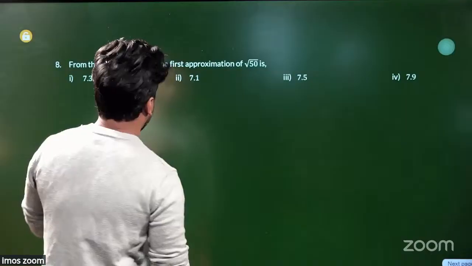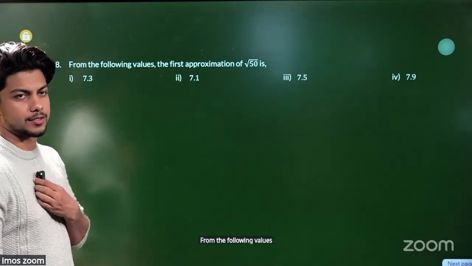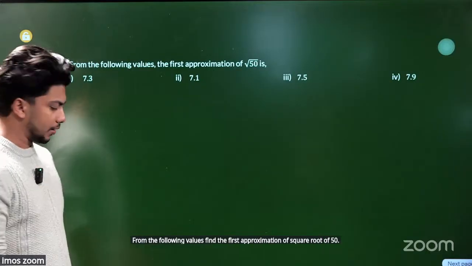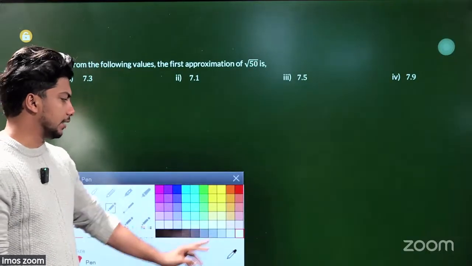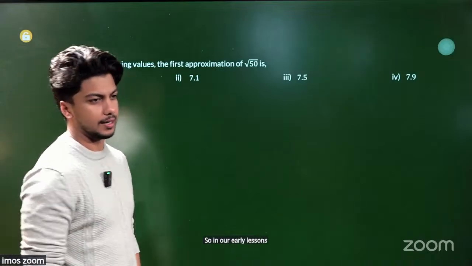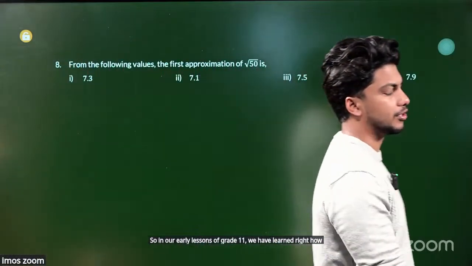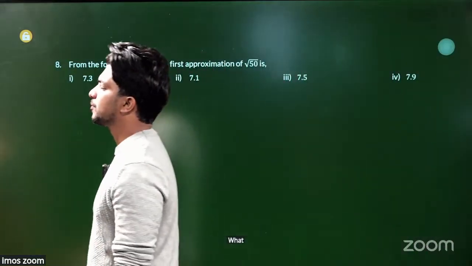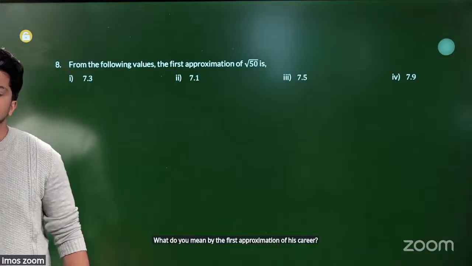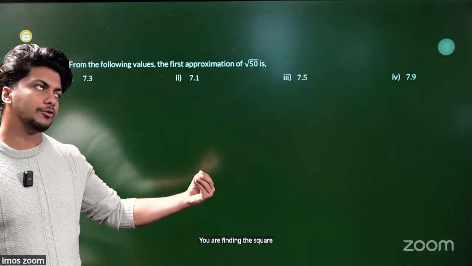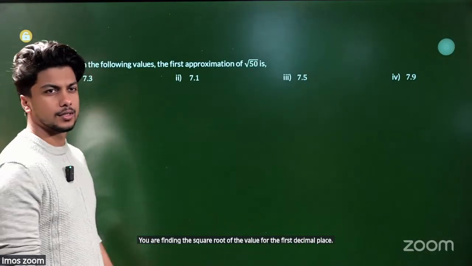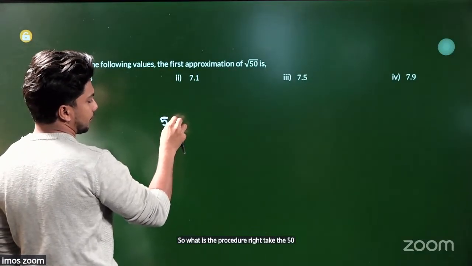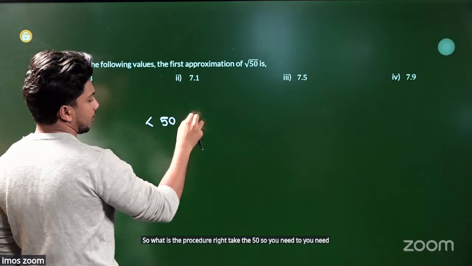From the following values, find the first approximation of the square root of 50. So in our early lessons of grade 11, we have learned how to find the first approximations of square roots. What do you mean by the first approximation of a square root? You are finding the square root of the value to the first decimal place. So what is the procedure? Right, take the 50. So you need to find